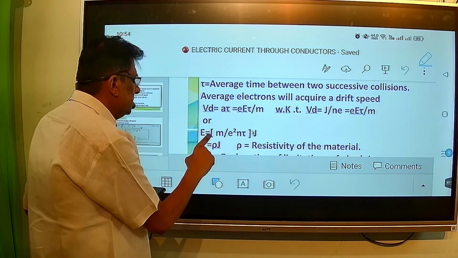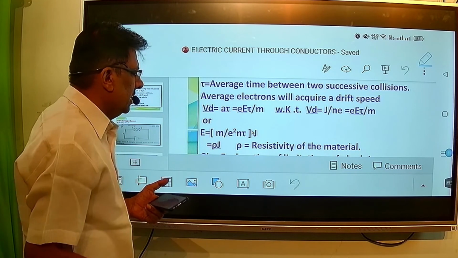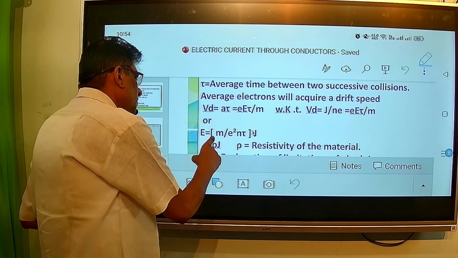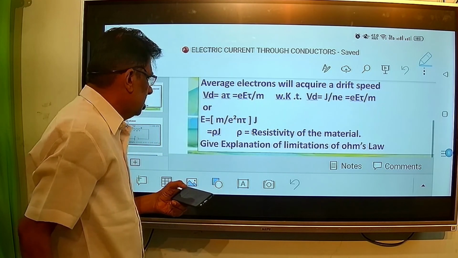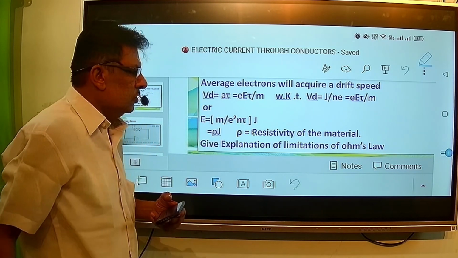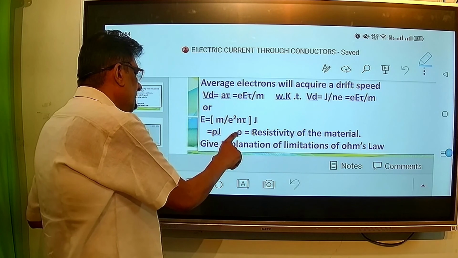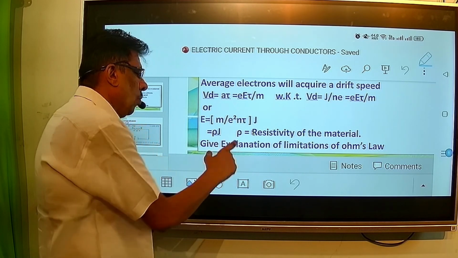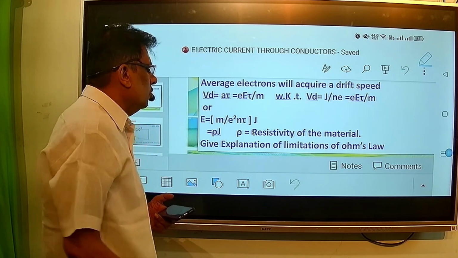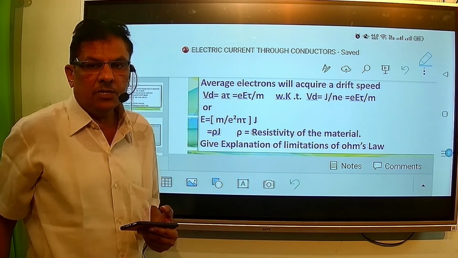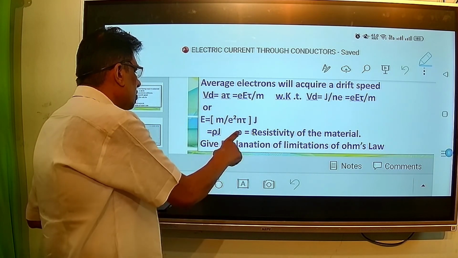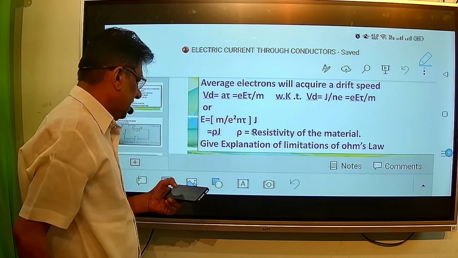I get E is equal to m upon e squared n tau, bracket, multiplied by J. Looking at this bracket, you will find that it has constant terms. So that constant is replaced by a new term rho, and that rho is called the resistivity of that material. When I say it is the resistivity of the material, I substitute that rho in this equation, and I find